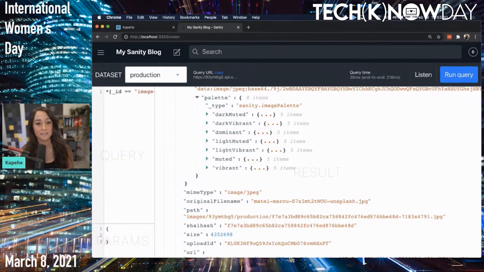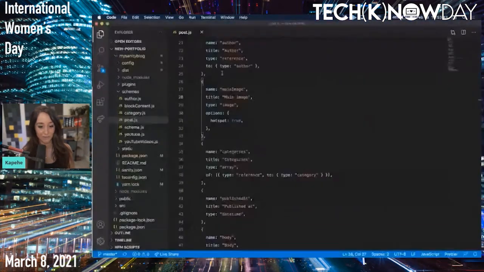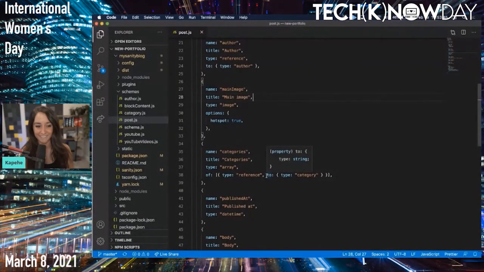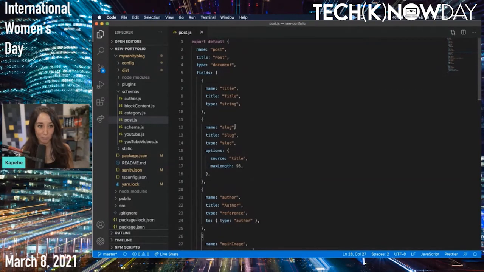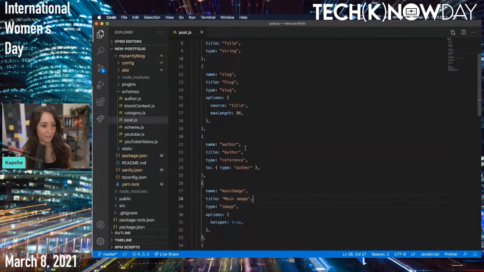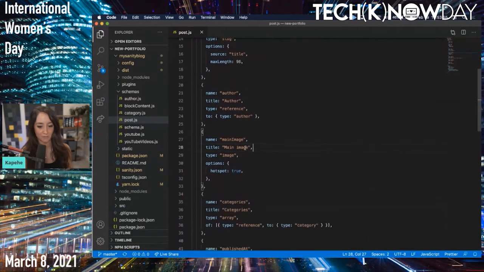So what it does is it will show where the image was taken, if flash was used, that kind of stuff. So geolocation can be added to that. And let me show you what the code would look like. So within the code of my portfolio that we're looking at, here's the schema for my post. I have the title, slug, so we saw all this in the studio. I can update and edit this schema as I need.